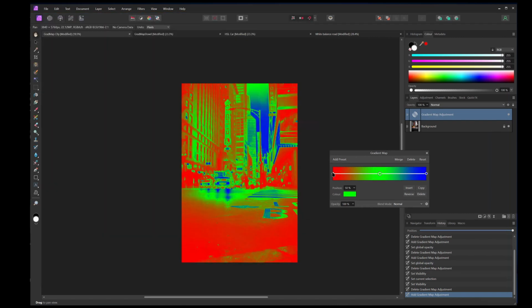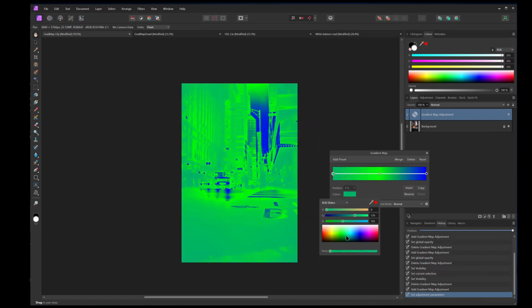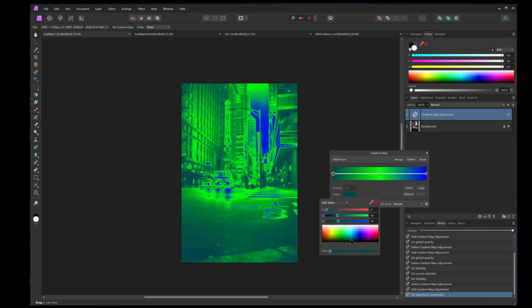I can do it two ways. I can say, okay, I want to change this, I don't want it to be red. I'll click here and I can adjust it manually. I can do it that way, or